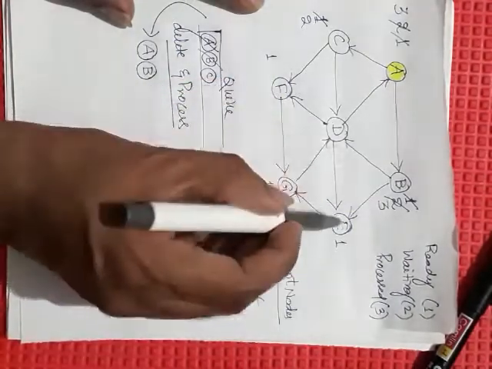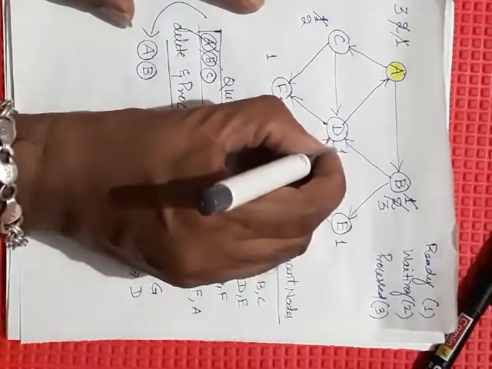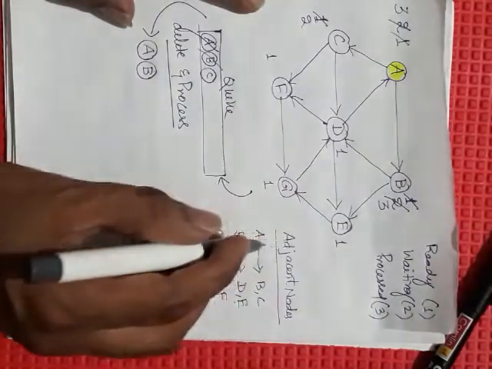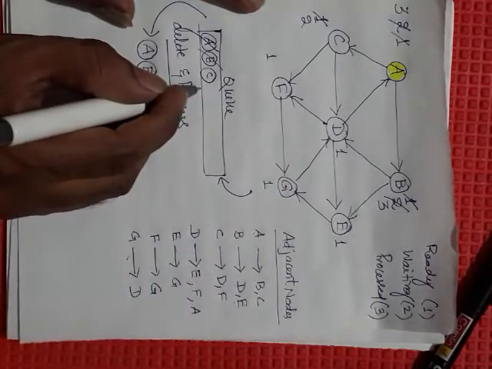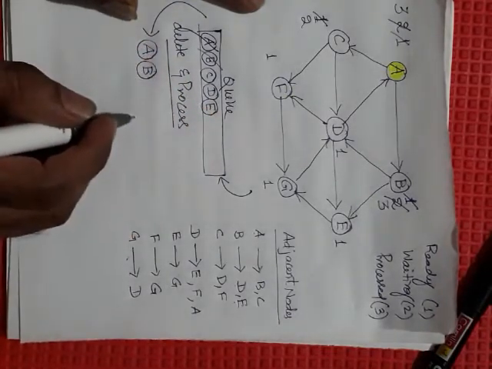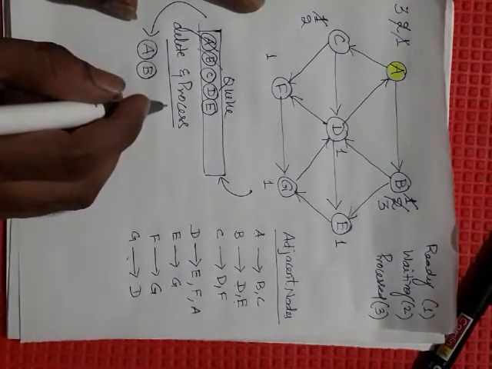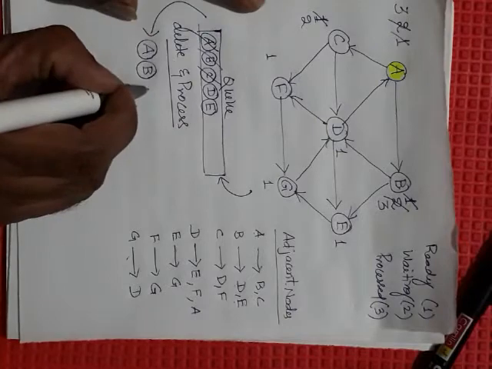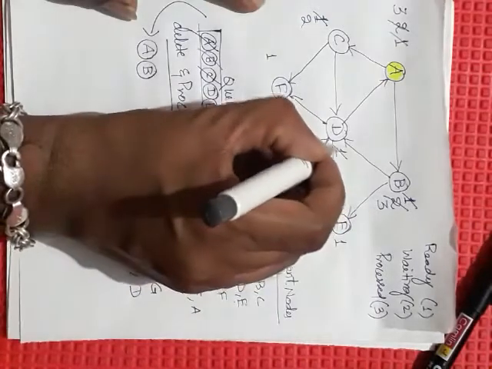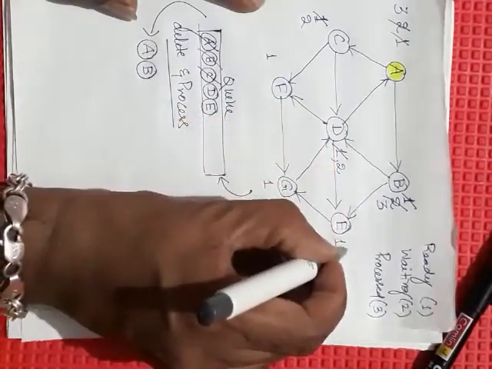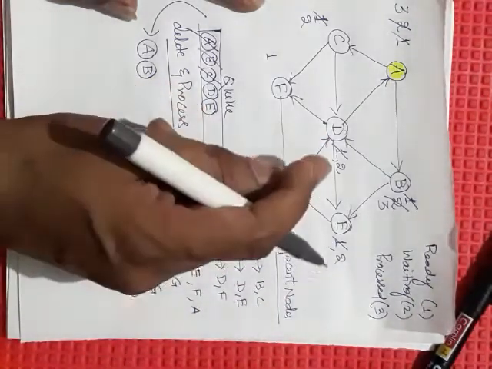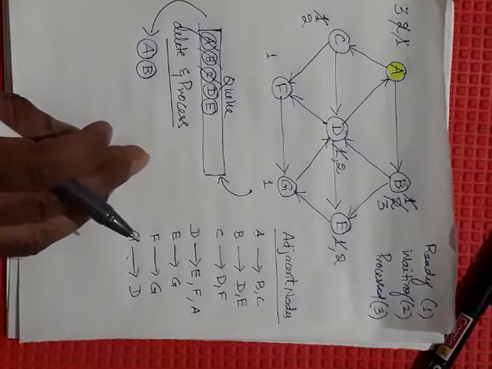So these two adjacent nodes are both in ready state. Those nodes which are in ready state will be inserted into the queue. Let us insert D and E into the queue. Done. Again, while queue is not empty, remove a node from the queue. Now D and E, because they are inserted, change their state: D is waiting state and E is also waiting state. Every node, whenever we are inserting into the queue, change its state to waiting state. They are waiting in the queue.